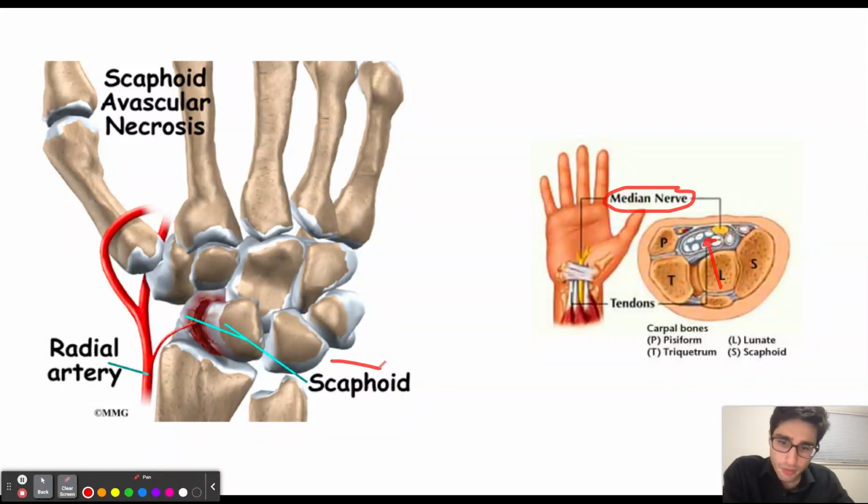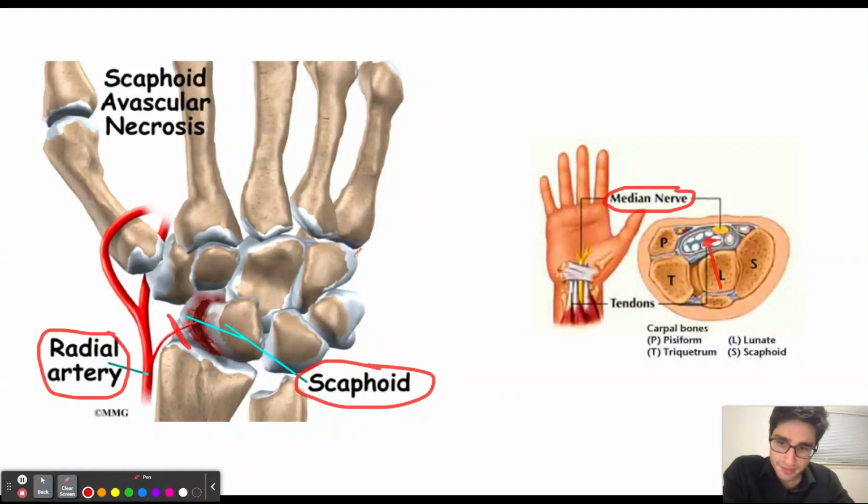Now, if the scaphoid bone is impacted, what you need to know is that because the scaphoid bone receives its blood supply from a small dorsal branch of the radial artery, with a fall, this dorsal branch of the radial artery can be torn. And so if a tear occurs, then the scaphoid bone would not be receiving any blood supply. And so as a result, over time, it can lead to avascular necrosis because it's not receiving any oxygen